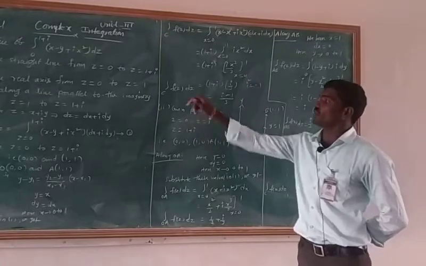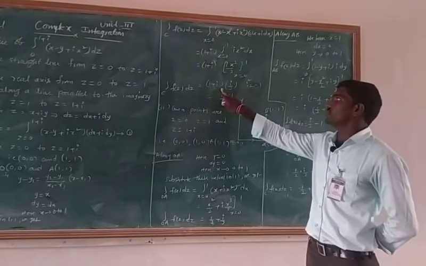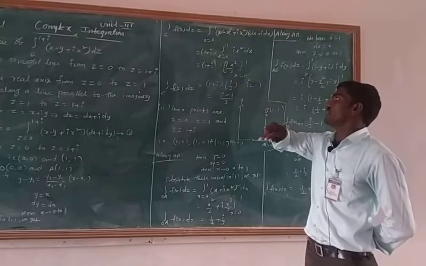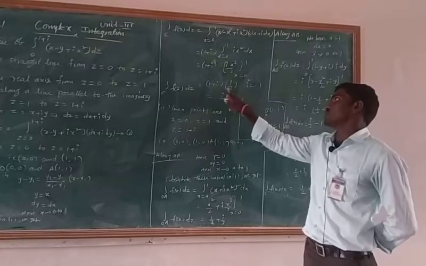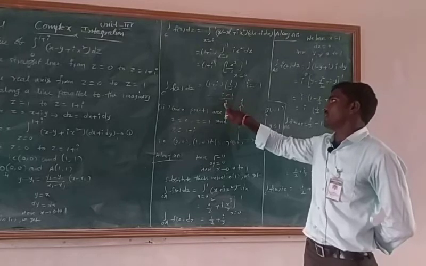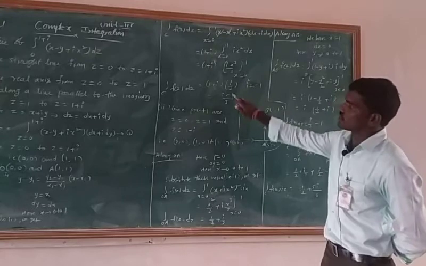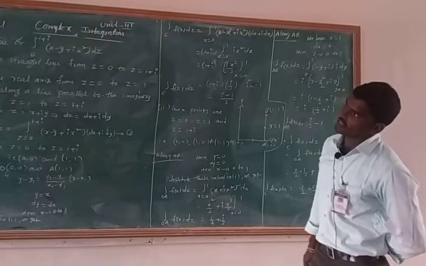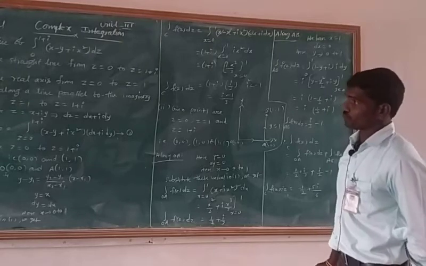Therefore, the integral over C of f(z) dz equals (1 plus i) times the upper limit value i by 2, and the lower limit becomes 0. So finally, we have to multiply these two results, and we get (i minus 1) divided by 3, since we know that i square equals minus 1. That is the solution of the first condition of the second problem. Then go to the second condition of the second problem.